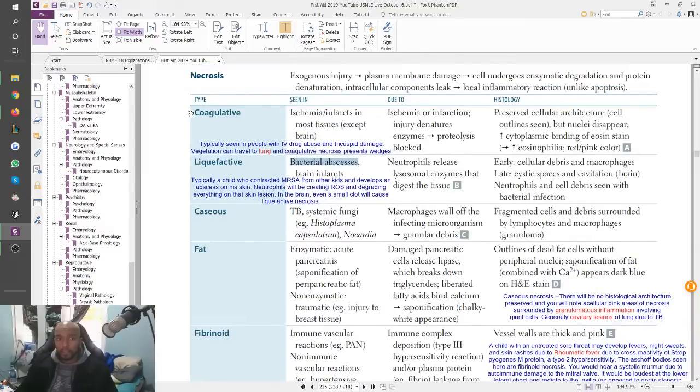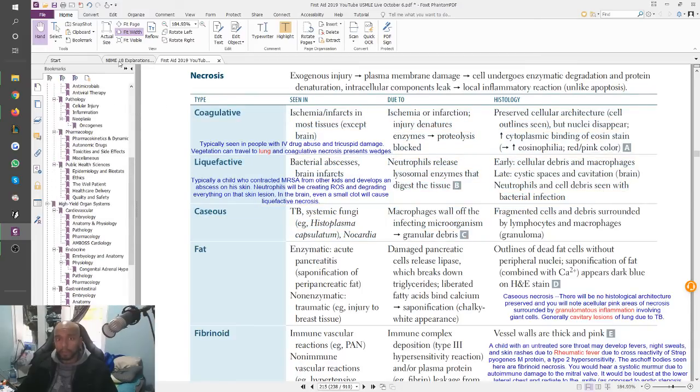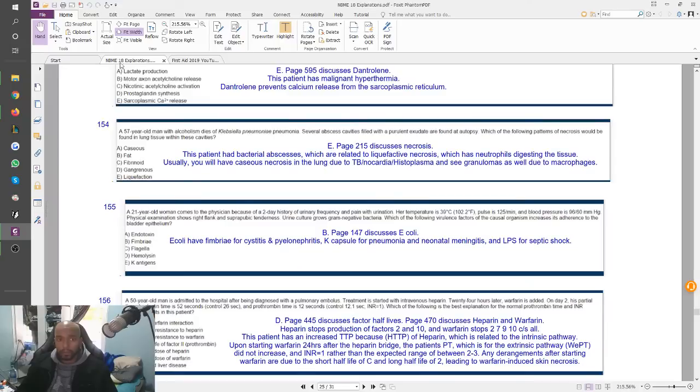Just really make sure you spend good time mastering the differences between caseous and liquefactive necrosis. These two are the ones that can often look a little confusing. We see coagulative necrosis all the time, all kinds of infarcts, MI, any kind of infarct except the brain. Right? And anywhere you have a bacterial abscess, no matter where it is, it's going to be liquefactive necrosis. So this one was just E, liquefactive necrosis. Right? They didn't even put coagulative as an answer choice. They should have. It would be even more confusing, and it would drive the question to be more difficult.